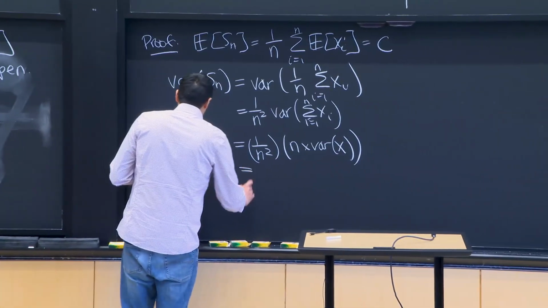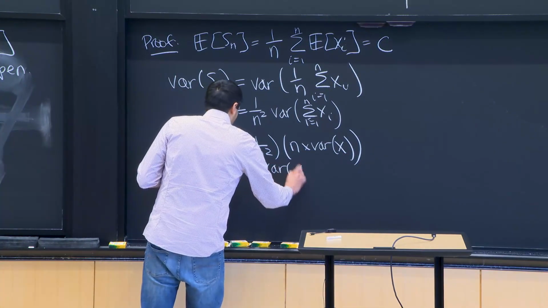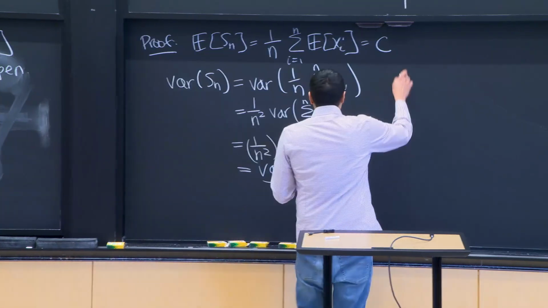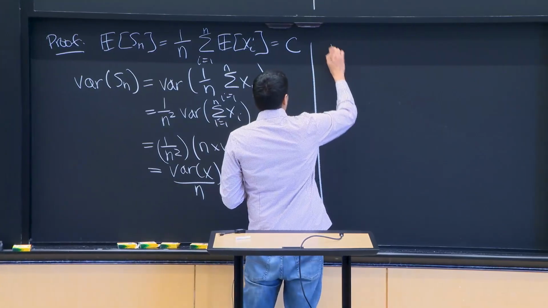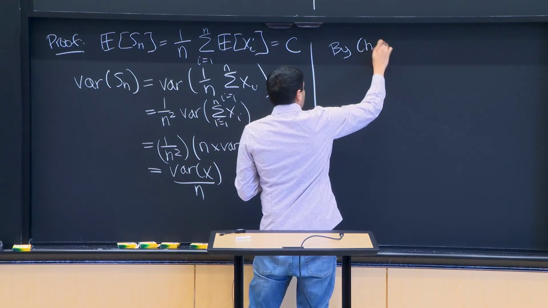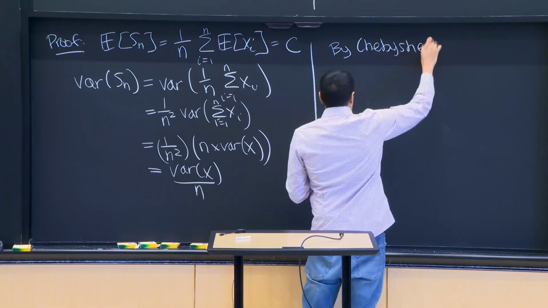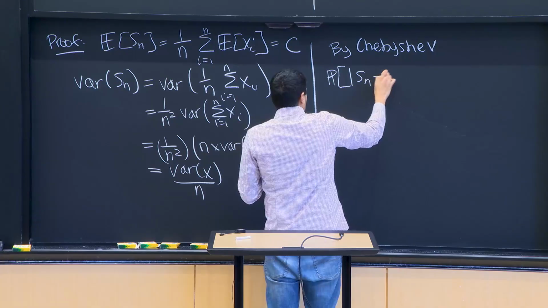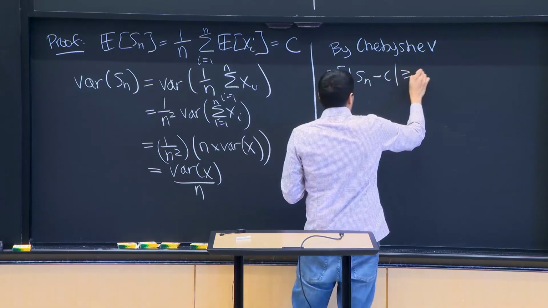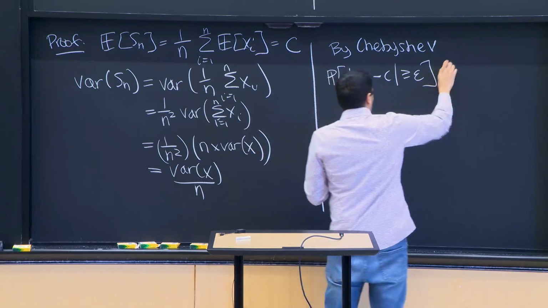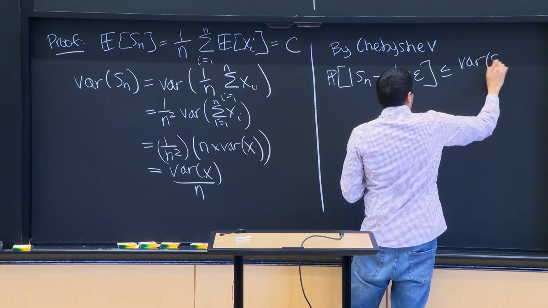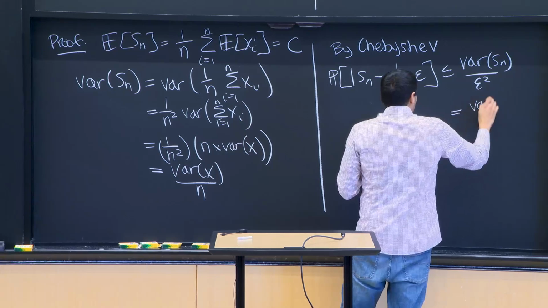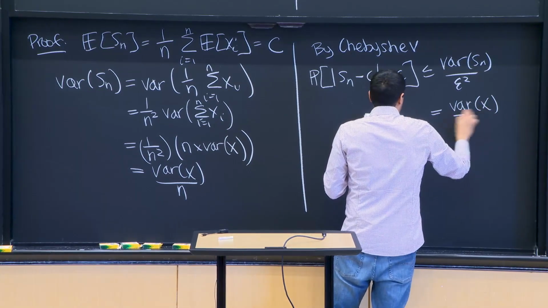But now we can write this out. This is the variance of x over n. And now we can just appeal to Chebyshev, and Chebyshev is going to get us our weak law of large numbers. So by Chebyshev, we know that the probability that Sn is off from its expectation by an additive epsilon is at most the variance of Sn over epsilon squared, which on the right-hand side is the same thing as the variance of x over